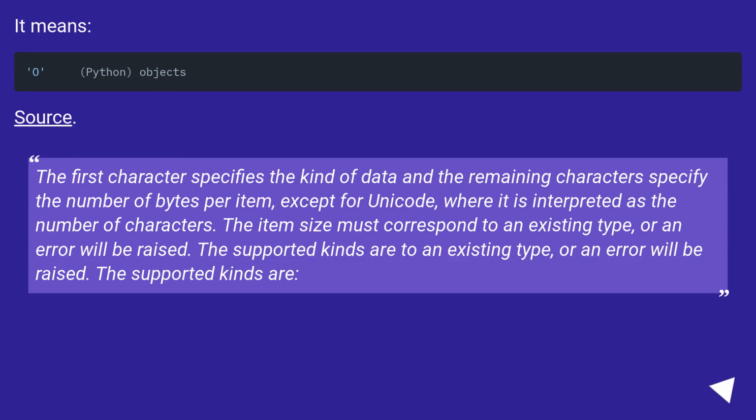It means Python object. Source: the first character specifies the kind of data and the remaining characters specify the number of bytes per item, except for Unicode, where it is interpreted as the number of characters. The item size must correspond to an existing type, or an error will be raised. The supported kinds are